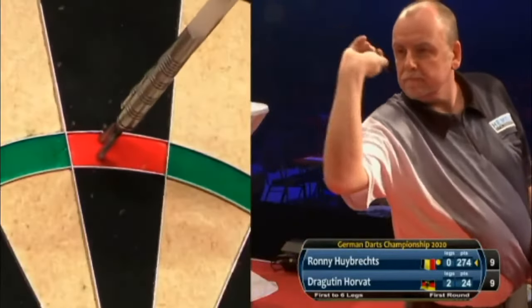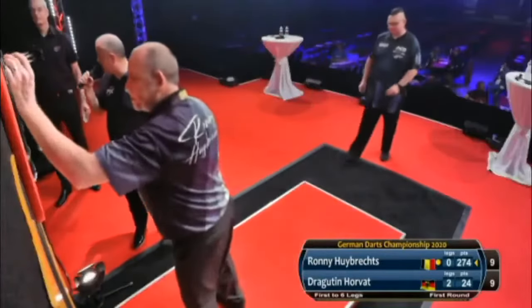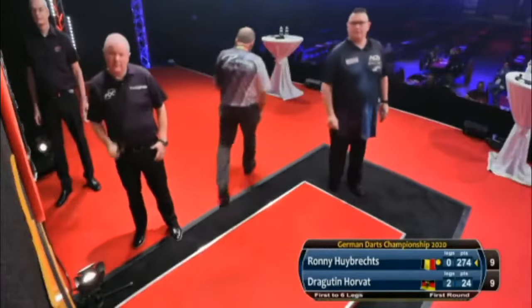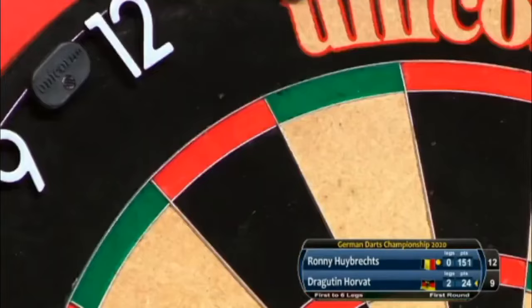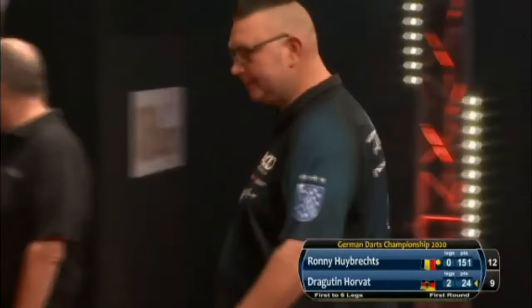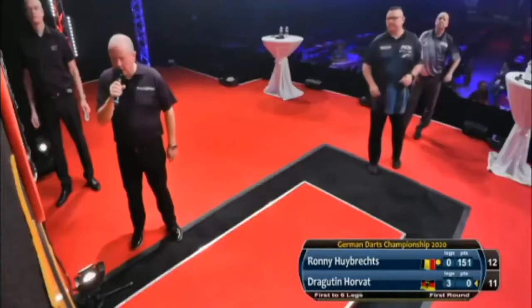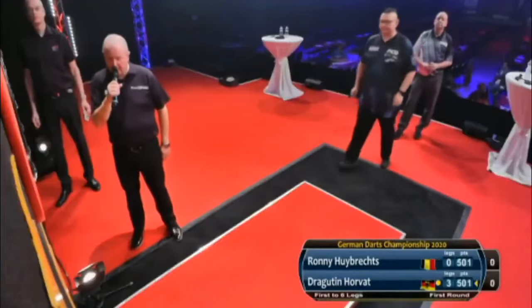Well, what a way to just light the touch paper on the first day back on the Euro Tour. Dragutin, you required 24. Well, 10-dart leg maybe in the offing here. Maybe 11. It is 11 darts. Brilliant leg, 3-0. It's another break of throw for Dragutin Horvat. 8 perfect darts along the way. And, well, he was 2 from...